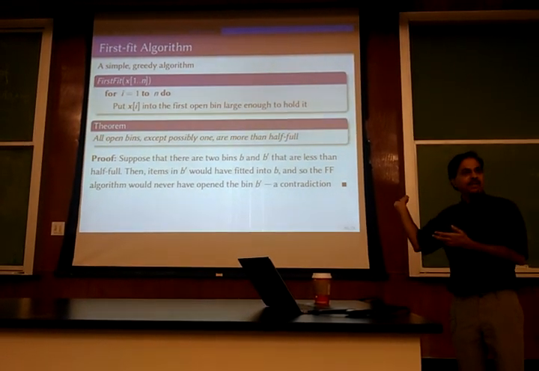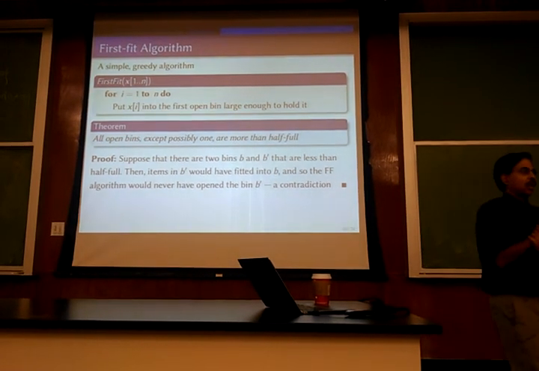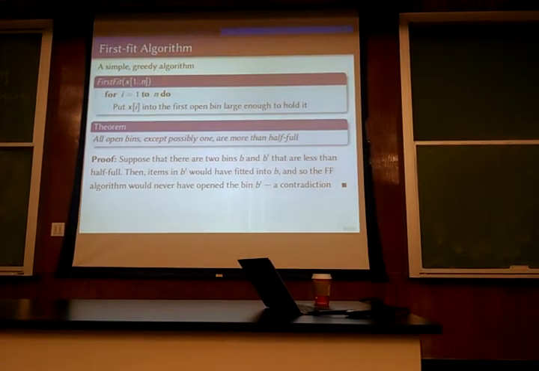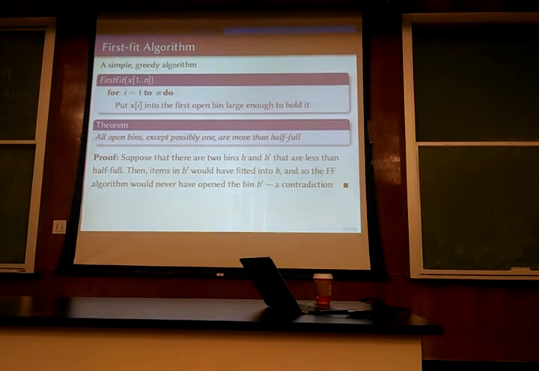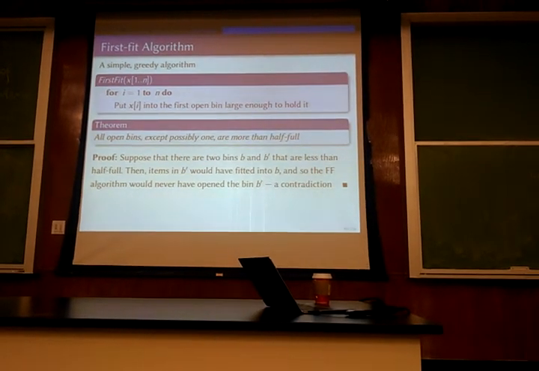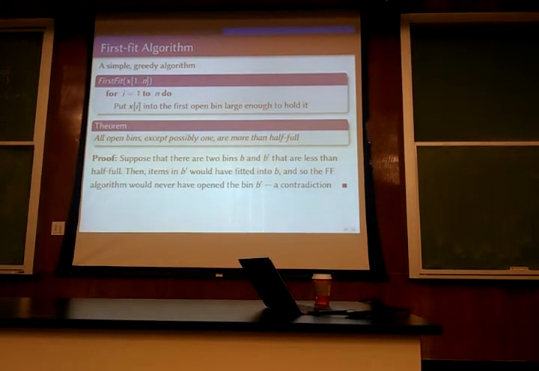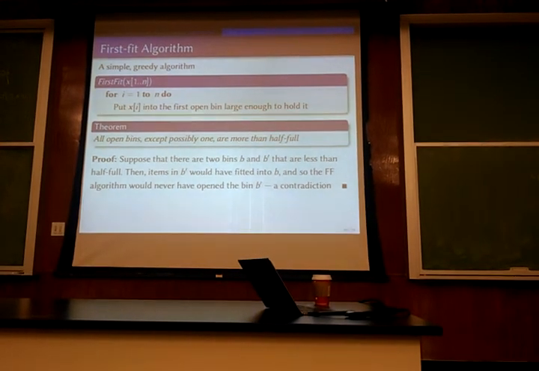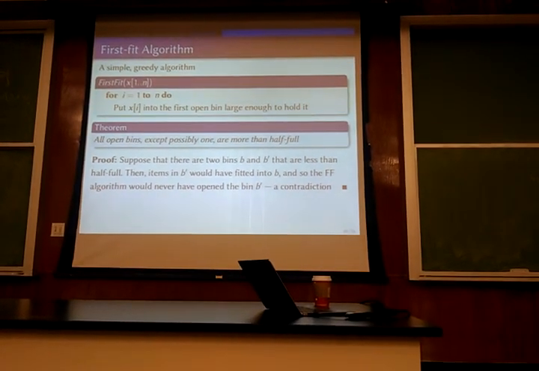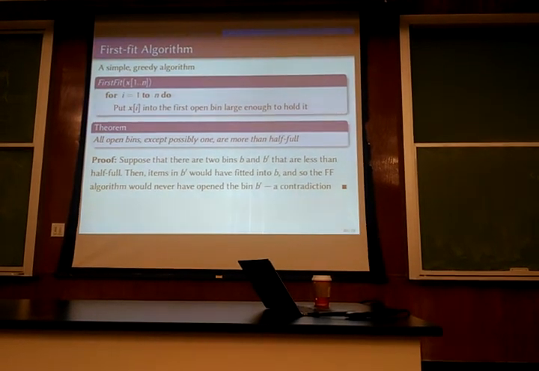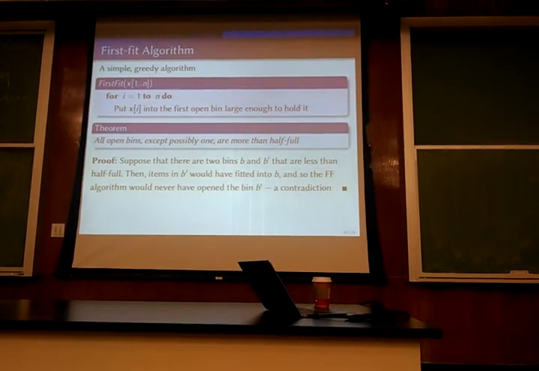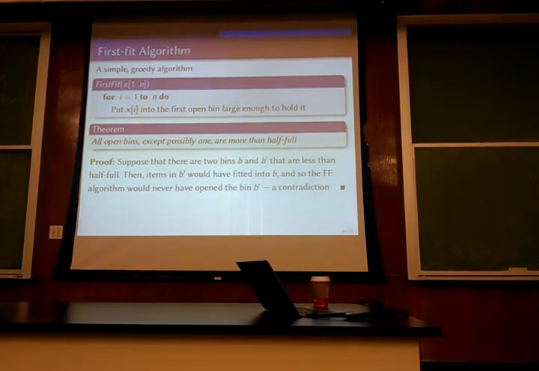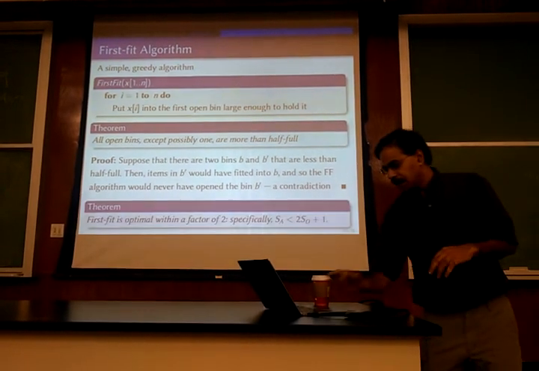And once you have this, that at most one of them is less than half full, you immediately get a factor of 2 from optimal. Because the best solution can keep every bin absolutely full, and what we are saying here is that this first fit algorithm is going to keep all the bins at least half full, not all but one. So essentially, that means